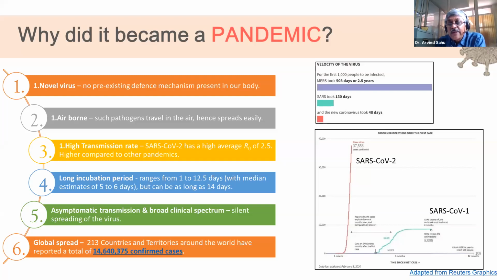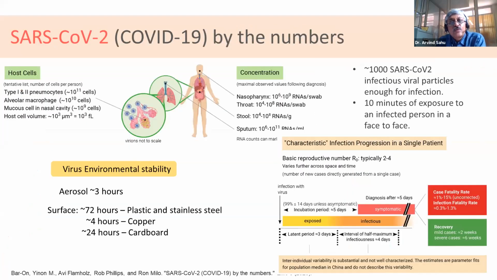If you compare SARS-CoV-1 versus SARS-CoV-2, you can see that SARS-CoV-1 was more pathogenic. This one is less pathogenic compared to SARS-CoV-1, but you can see the number of cases has a steep rise, and this went everywhere very fast. So let's look at the numbers,